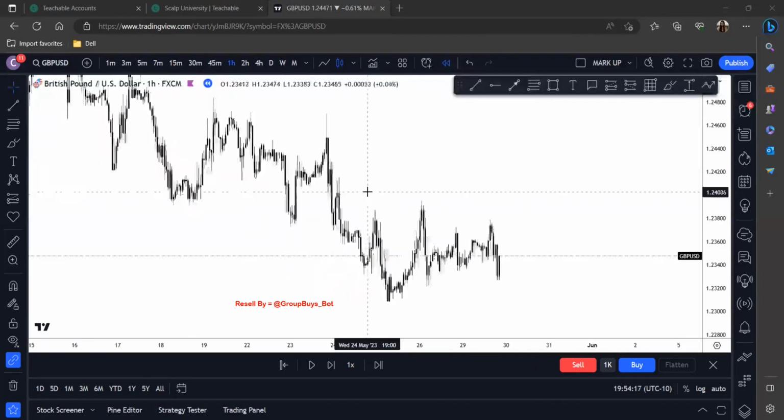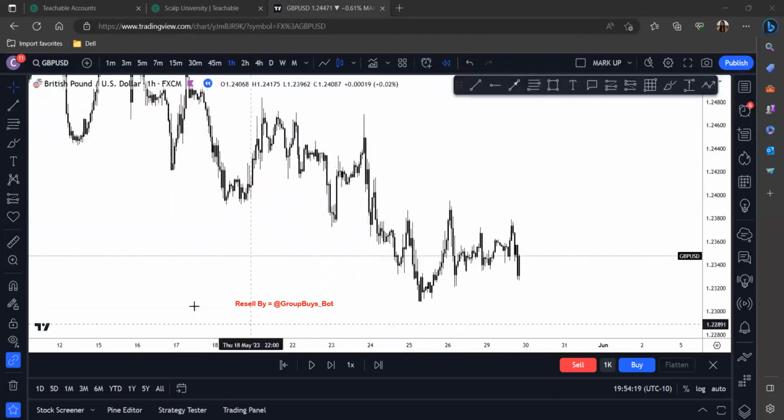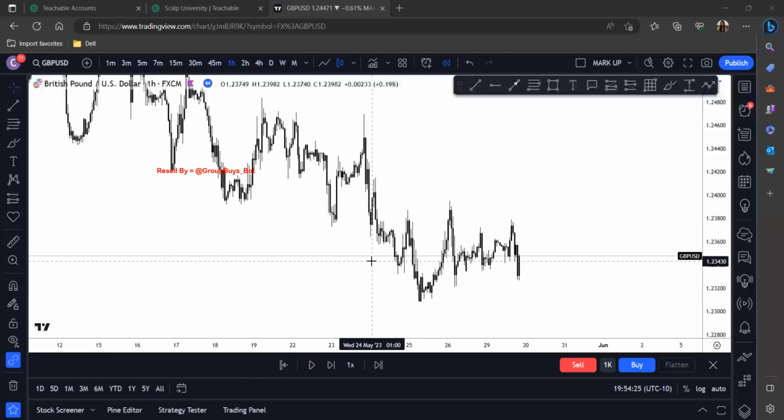So let's get into the charts here. So we have GBP USD. I'm just going to be sticking with GBP USD as we go through our examples and how we go through the strategy. I do trade US 30 and just recently added gold. So if you trade or prefer any of those other pairs, you are able to test the strategy out on those pairs as well. They work well. But for now, let's just stick with GBP USD.